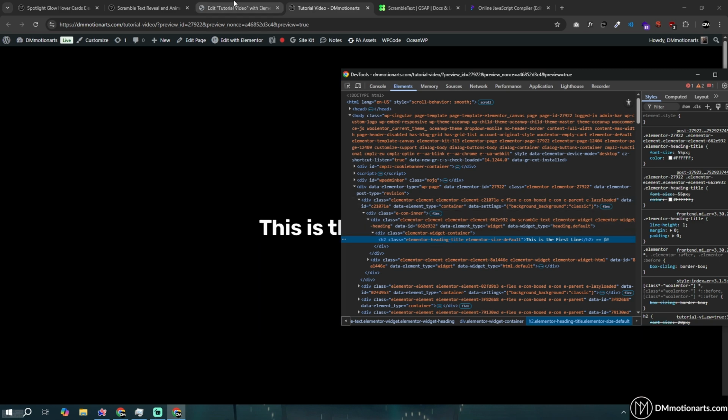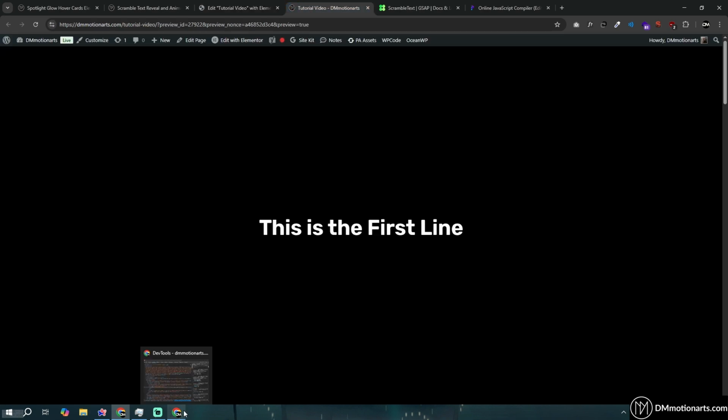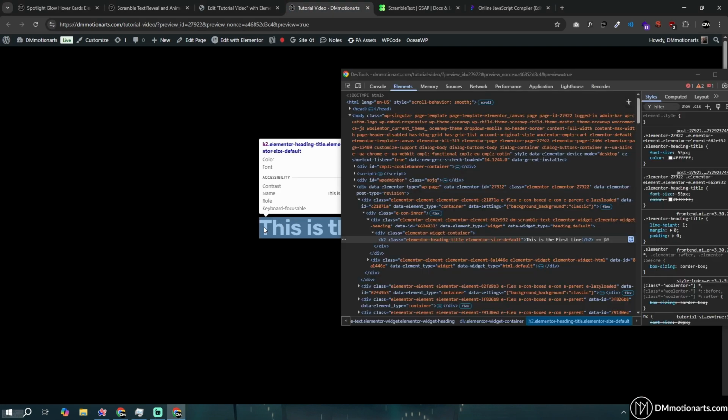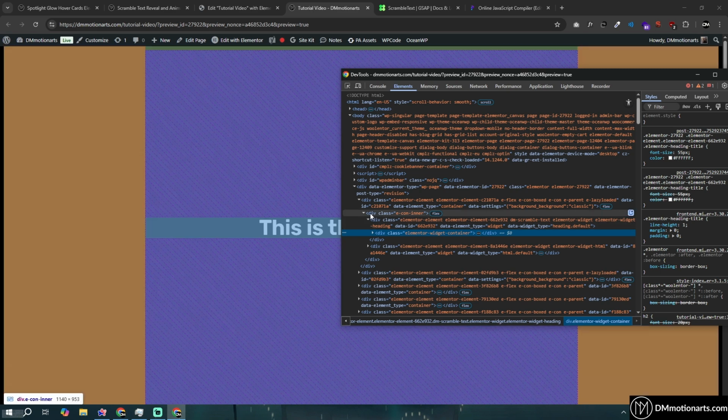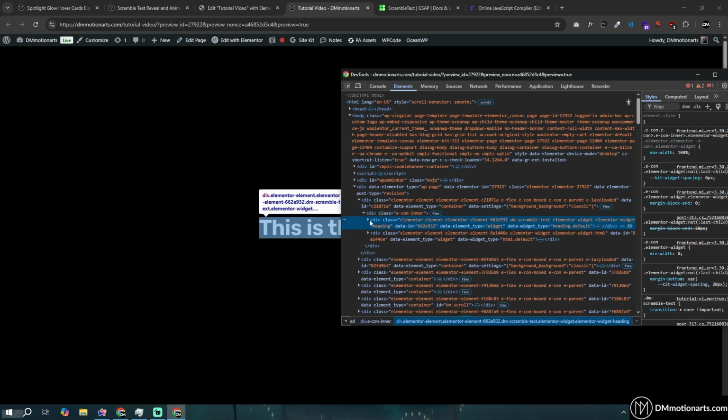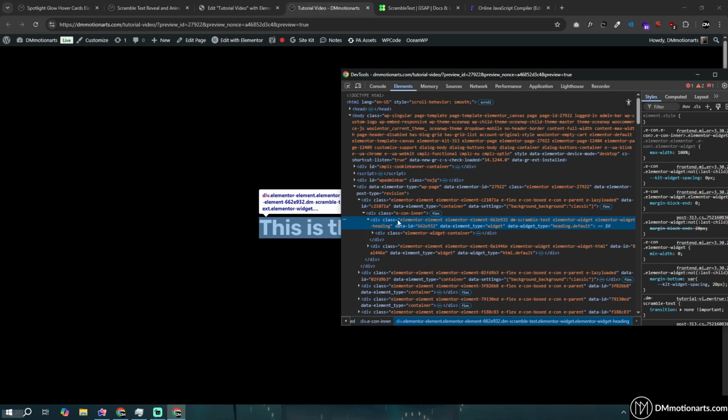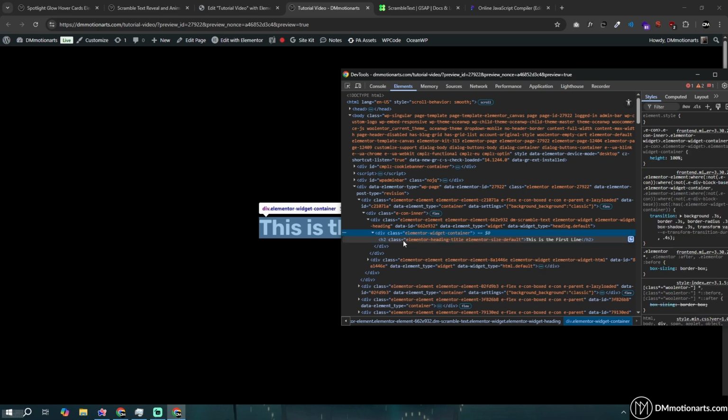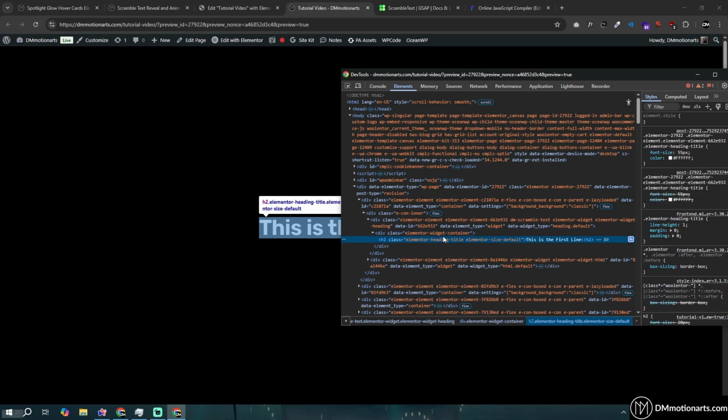So what actually happens is when you use a heading widget, for some reason Elementor uses lots of divs. Think of a div as a container, okay? So this is one div, one container, and inside of this there's another, and then there's the text, you could see. And the problem is, for one singular text there are 3 divs, which is useless. It's not good for your website speed. So usually you just want this one single line, and that's what they are going to fix in version